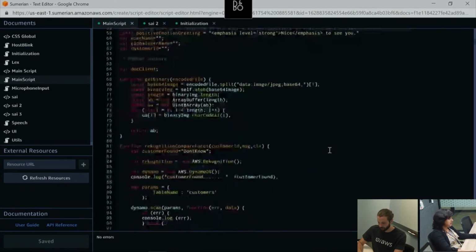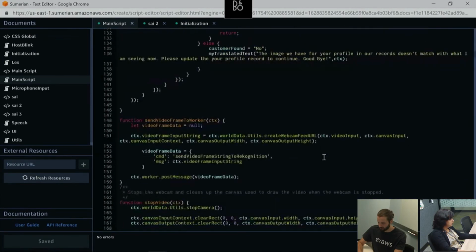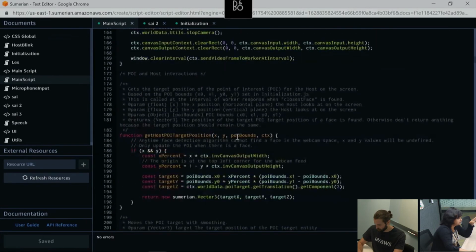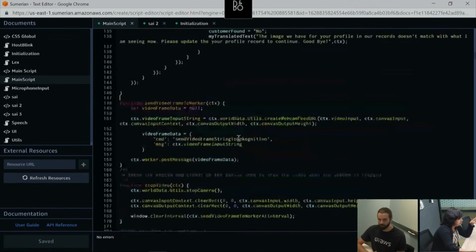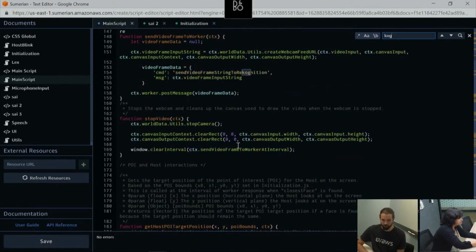Oh, very cool. And then there is code for sending the video frame. Basically, we created a blob to stream the data into a worker class and a thread. So all this video frame goes to the worker, the stream is going continuously, and then we have a recognition part being called.